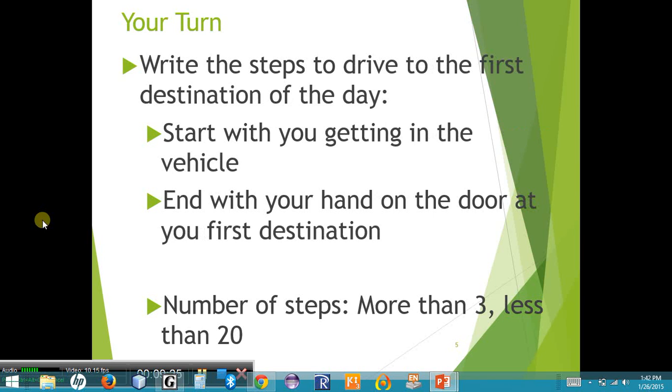All right, so you're getting better at this. Now we find ourselves with your hand on the door ready to go to your first destination. Once again, I want you to create a series of steps from start to finish to solve the problem. And the problem is your hand is on the door, and now you need to be at your first destination,